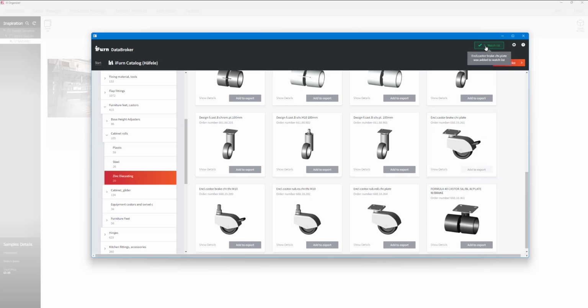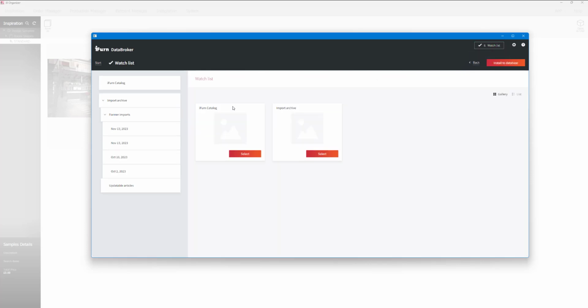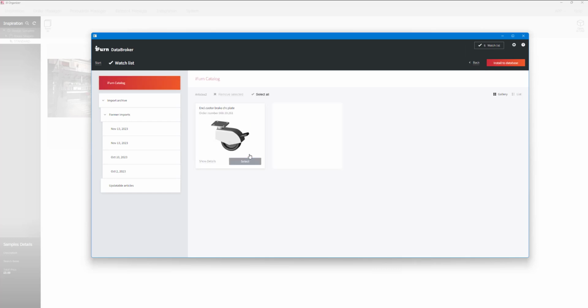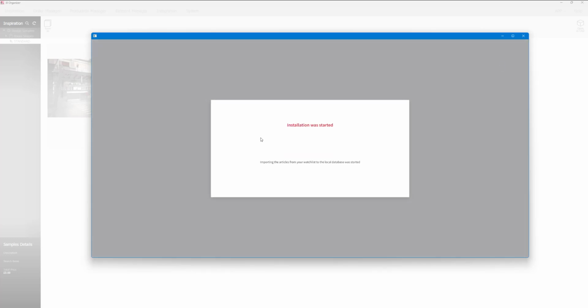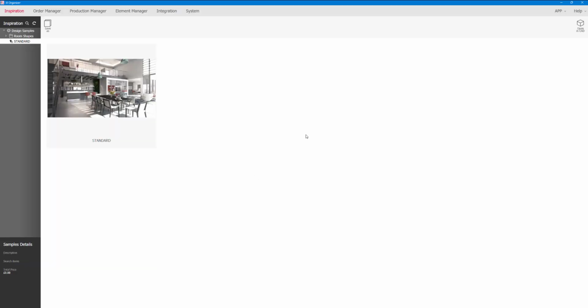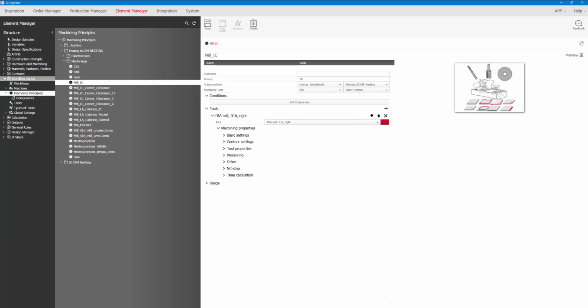I'll add it to the export, and then you can see up here under my watch list, if I go to my import, my iFurn catalog, if I select this, you can see here's the fitting that I want. I'll just copy this number because that'll be useful to have. And then I'm going to select that and install it to my database. Installation was started, it's imported that in, and if I now go to Element Manager,